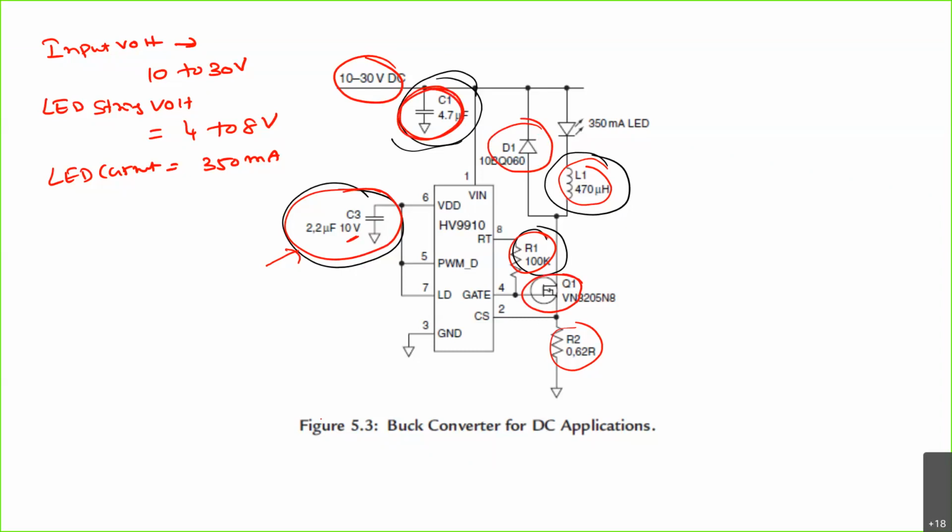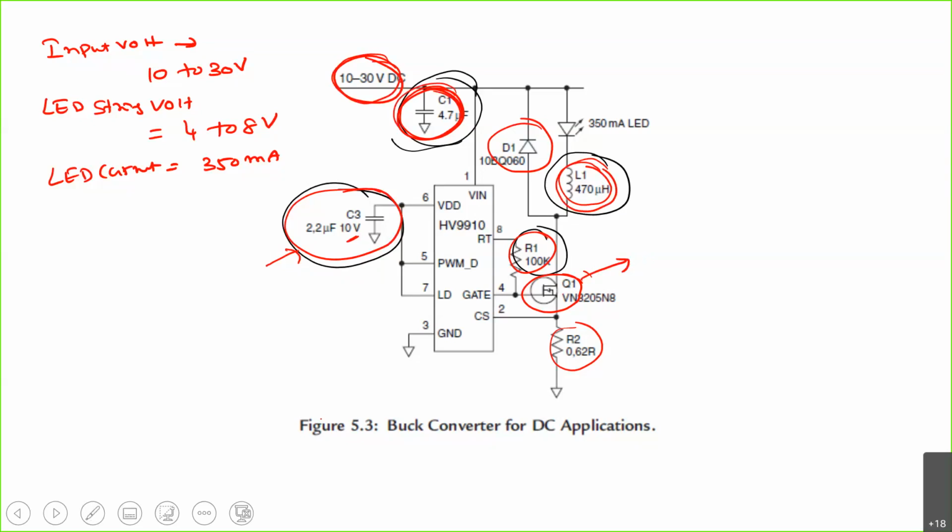This is the input side filter. Whenever there is some ripple content, or some high frequency switching current, it can be filtered out by using this capacitor. Okay. So the first and foremost thing is we need to fix the frequency, and design this L value, or these parameters, like the current that flows through this one. What is the current that flows through this? You know the formula, right?